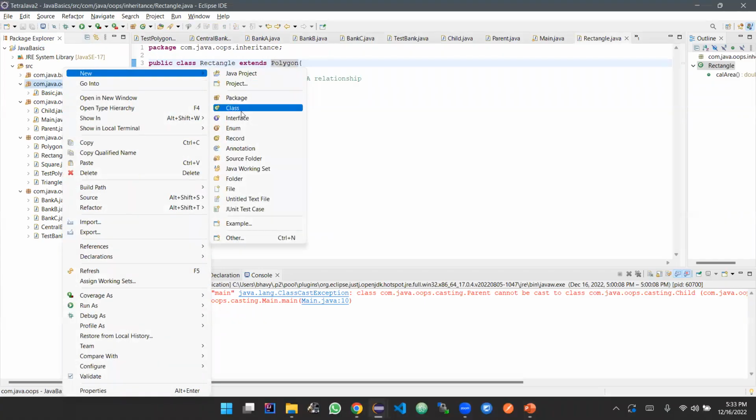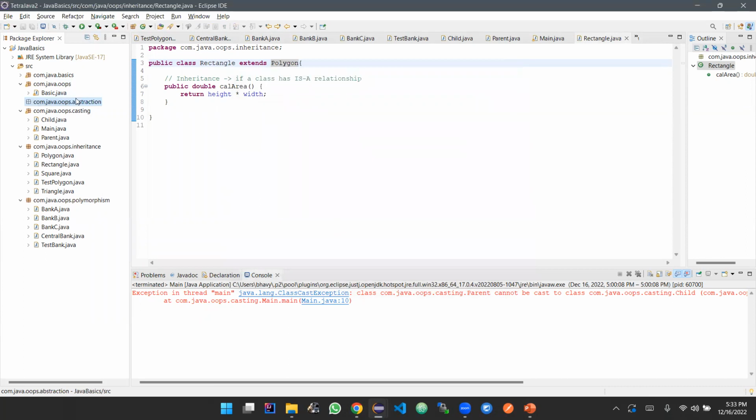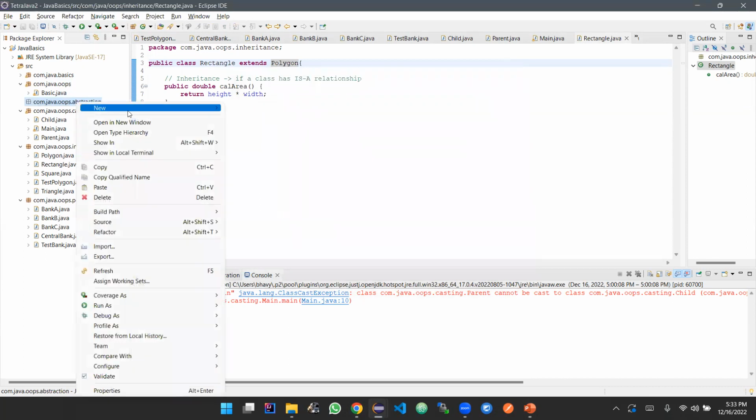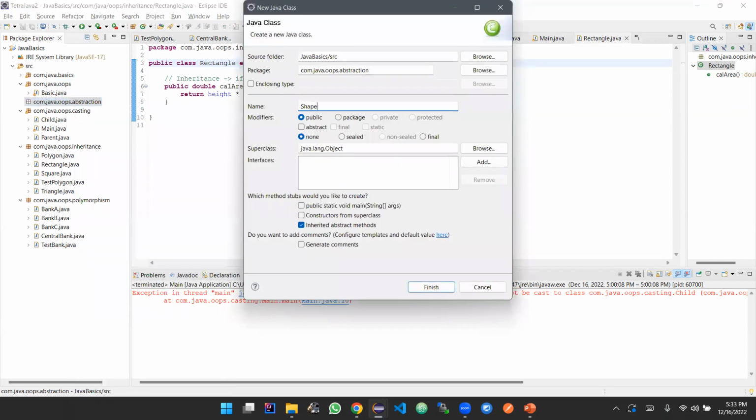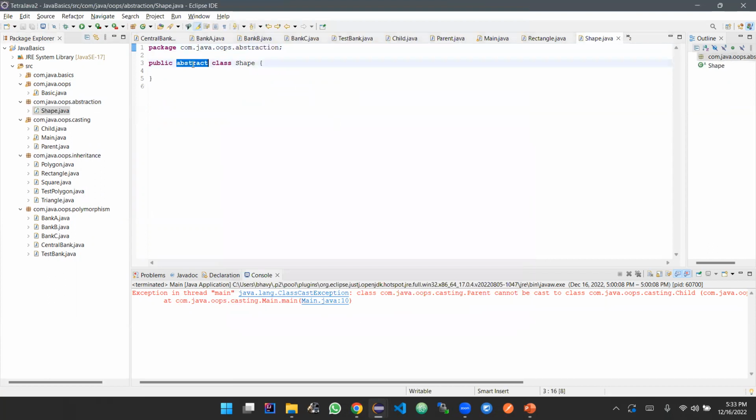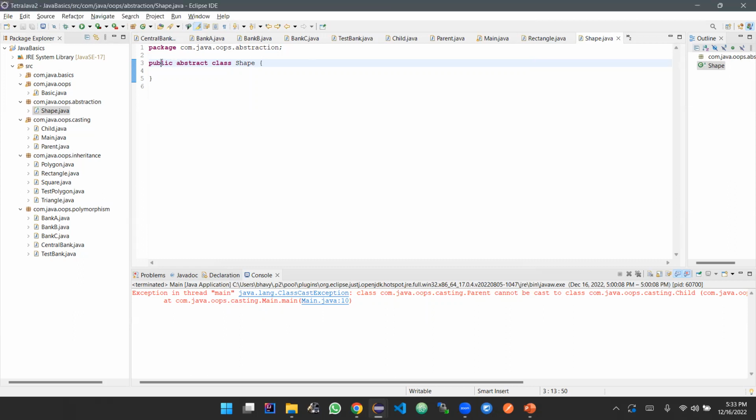Let me create a new package called oops.abstraction. Within this, I'll create a class called shape, and I'm going to mark it as abstract here. Just click on abstract and finish. So if you can see here, this is an abstract class; whatever class or method has an abstract keyword, that means it's an abstract class or abstract method. For now, I'm just removing the public modifier also,